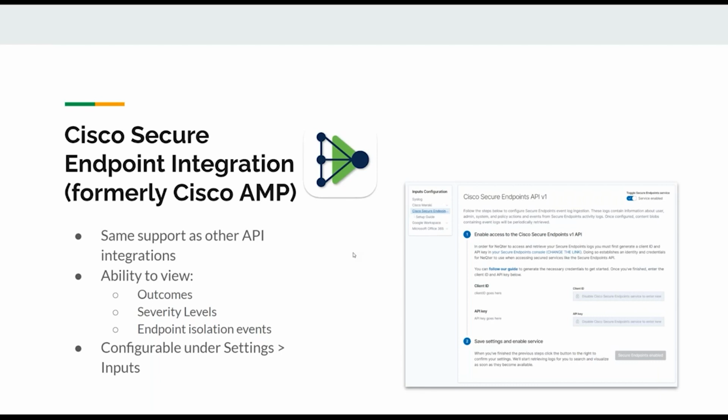We've added this in as an API, so you'll be able to pull directly from the API and tie it right into NeQter. Much like all the other integrations, it has its own dashboard and its own index. It's going to have its own searches, and you can tie it in the report area. So you'll be able to see outcomes, severity levels, endpoint isolation events, and any endpoint-related events for Cisco Secure Endpoint. So that's going to be a nice little bonus in this update.